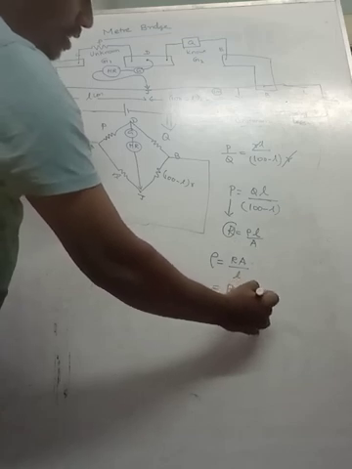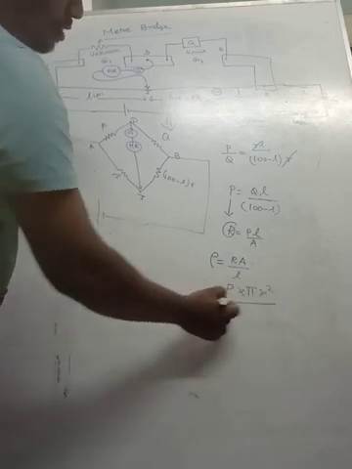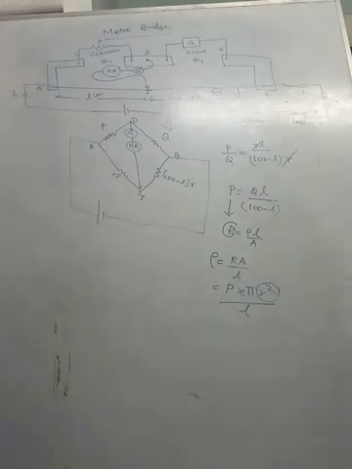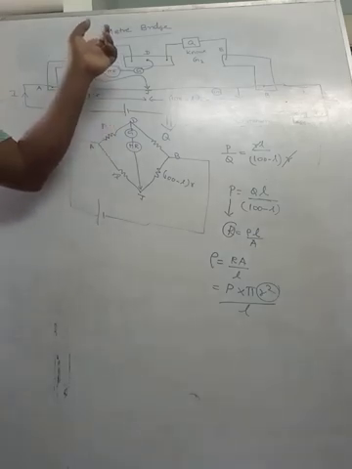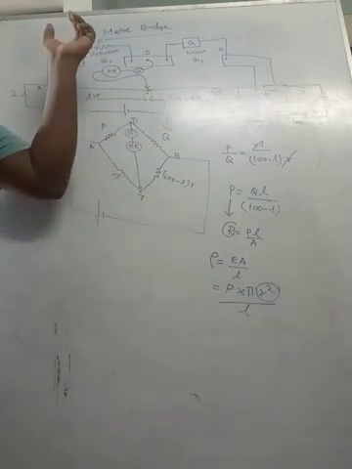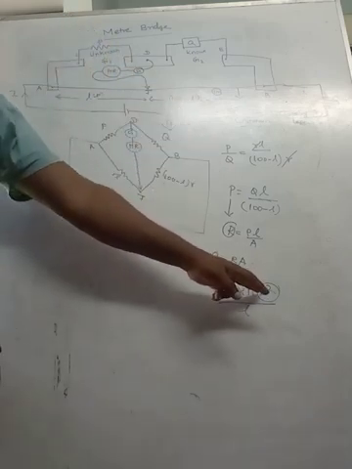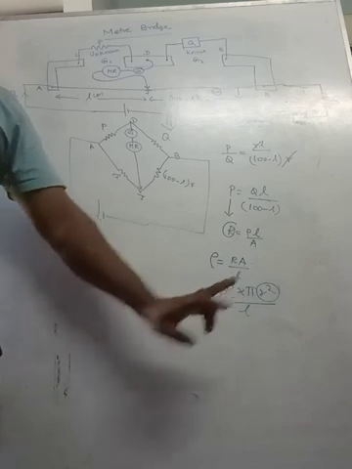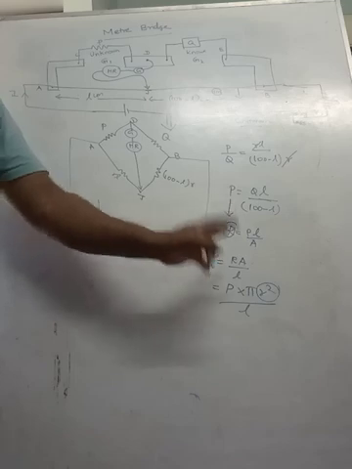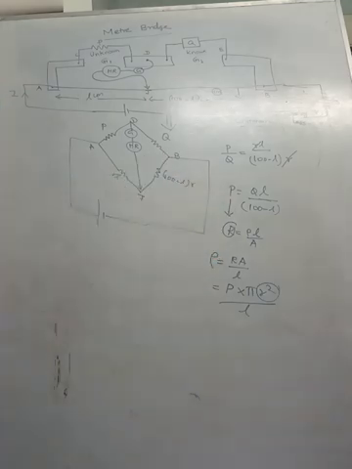A will be the area of the wire, that we can take as pi R square, and the length will be L. This R can be calculated by the screw gauge. By using a screw gauge, the diameter of the wire used in the place of P can be calculated. If you divide the diameter by 2, you get the radius and substitute the value of radius over there, and the length, you know the value of resistance. We can even find out the value of resistivity. The resistivity also can be calculated by using the meter bridge. Understand?